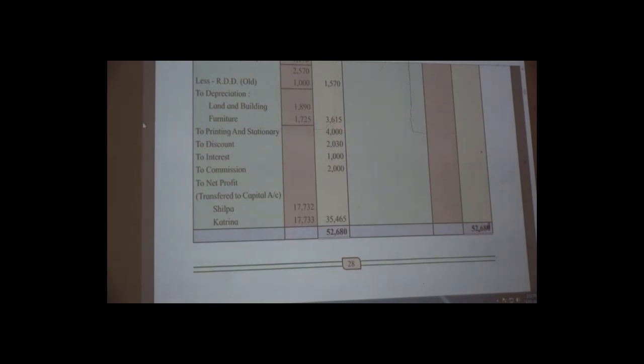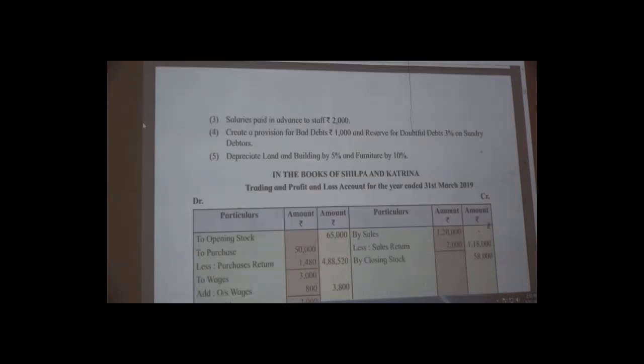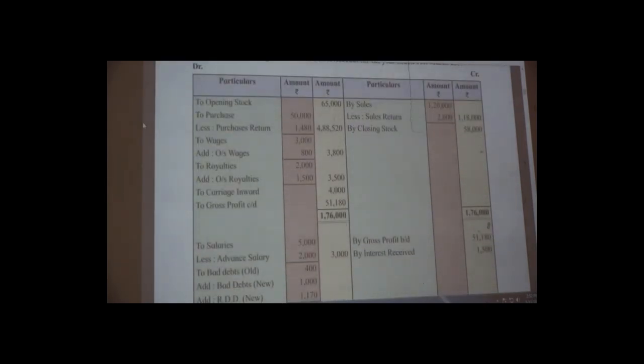Okay, so see friends, here we have completed the adjustments. We did firstly item posting, secondly we have recorded the effects of adjustment. Now our next and final step is we will have to do the totaling. Now come to our first account, that is the trading account. Trading account, we will have to close it.